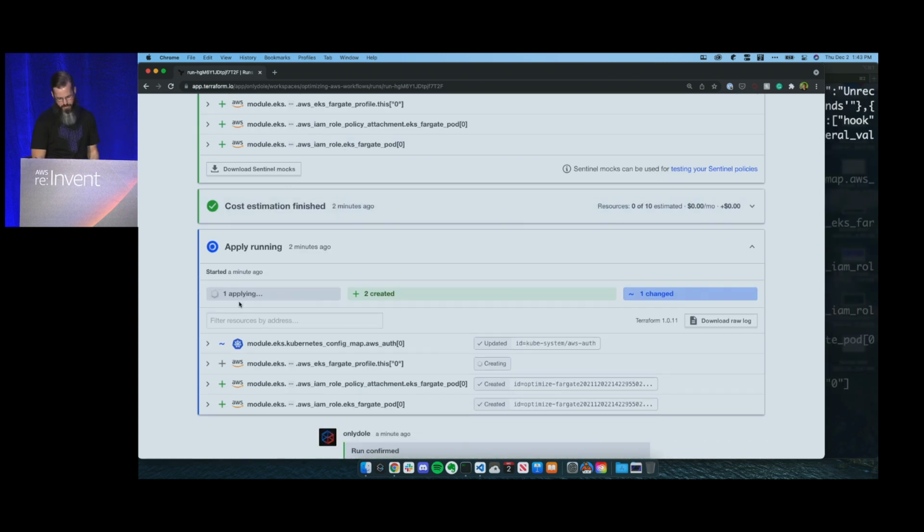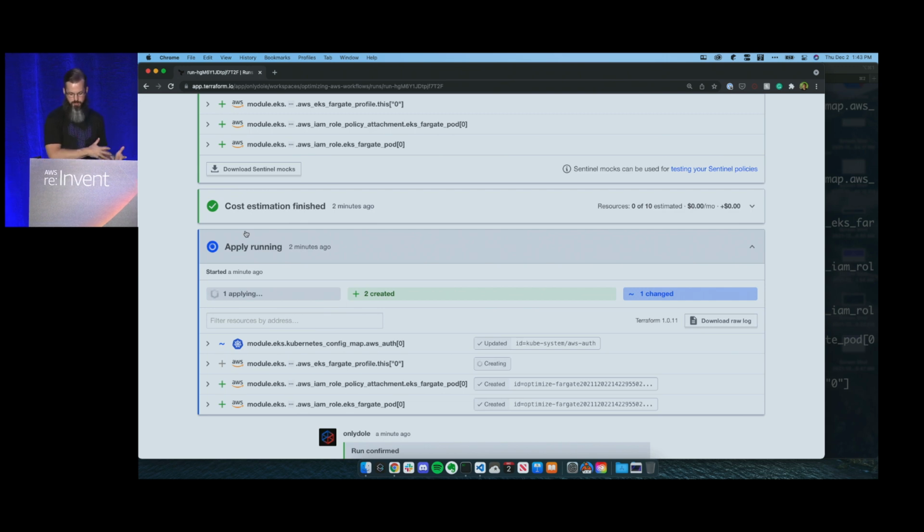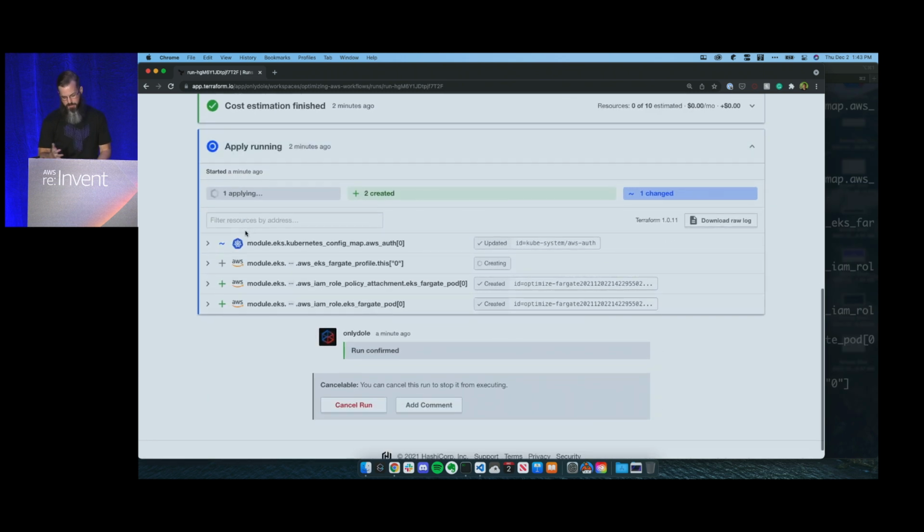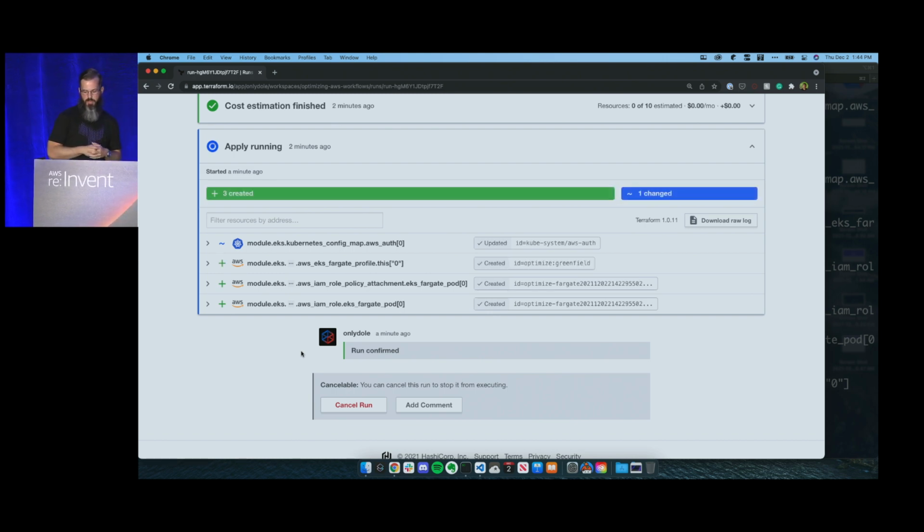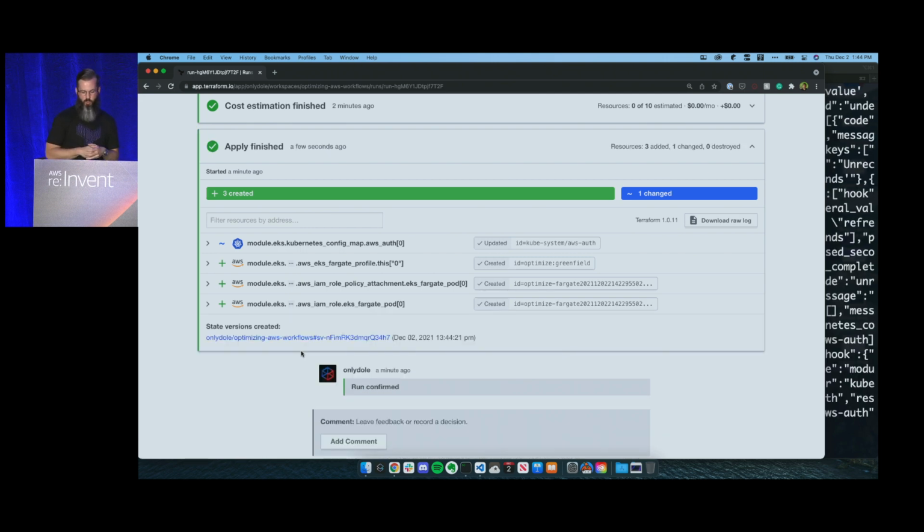As part of this, we also have our cost estimation, which, if that's set up and configured, is integrated into Terraform Cloud automatically. And then we can see what's going on behind the scenes with our apply as that continues to scroll through within our terminal session. It's probably going to be about another couple seconds before it gets to that point. Another cool thing we can point out here is that you can also include messaging as part of either the approval process or as it goes through the workflow. You can add comments so that you have an understanding of what's happening and why.